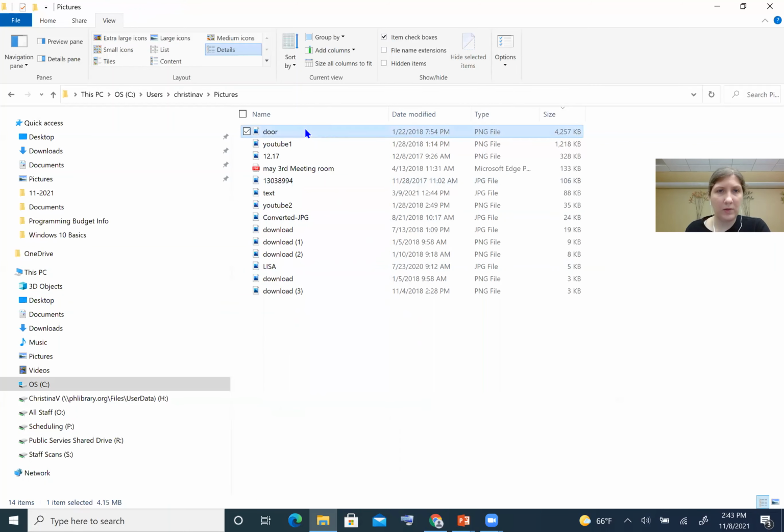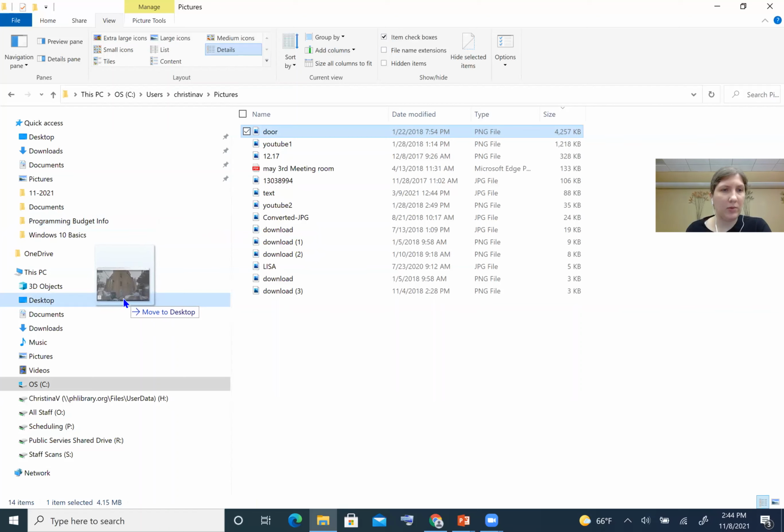I could also, if I highlight this and then I click and hold with my left mouse button, you can see I kind of have it like floating. I have to remember to press and hold with my left mouse button, because if I let go, I won't lose it, but I might accidentally drop it into the wrong folder. So you can see if I hover over this, it's giving me options to either move it to